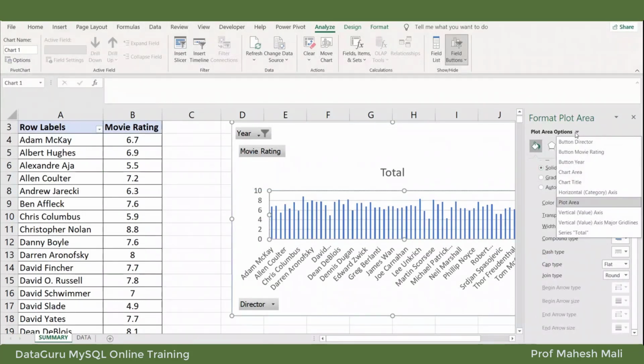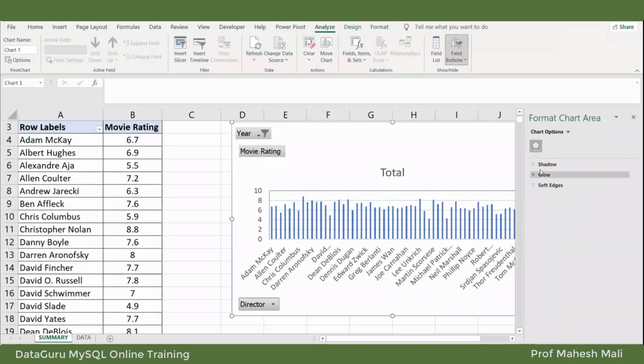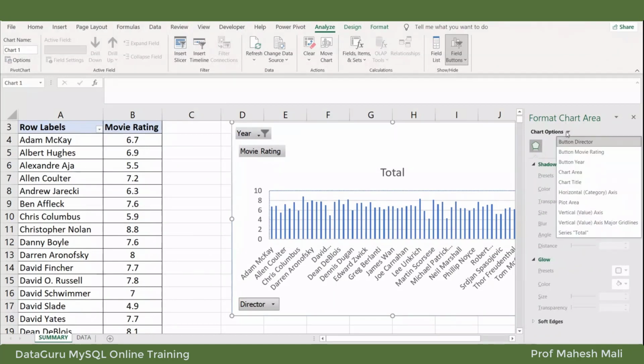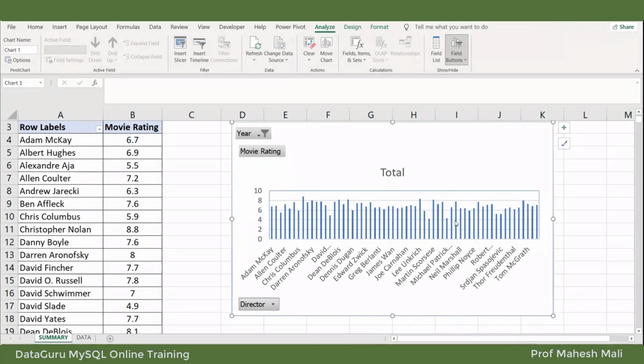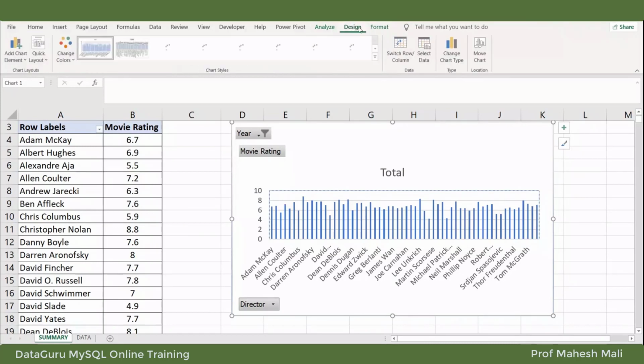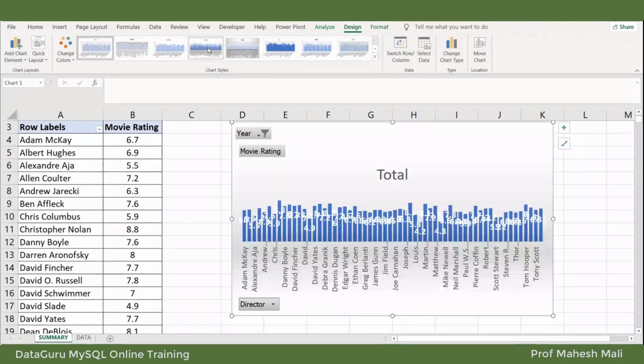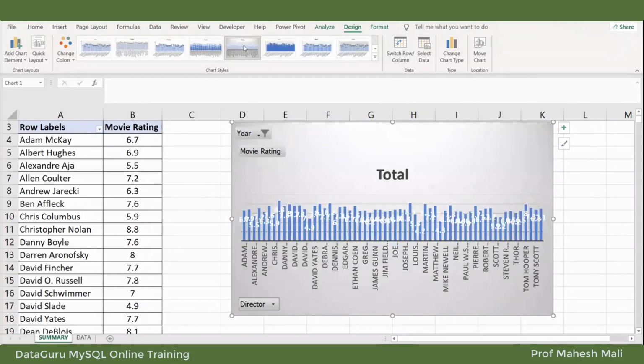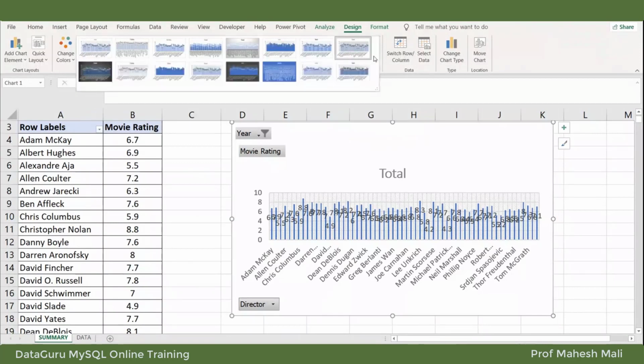ठीक है, I don't want to change it here. Buttons and all we can shift it, or if we want to format it, we can format it, no issue. ठीक है, so I guess these properties are also available over here. See, and we need to change some properties again as per our adjustments.